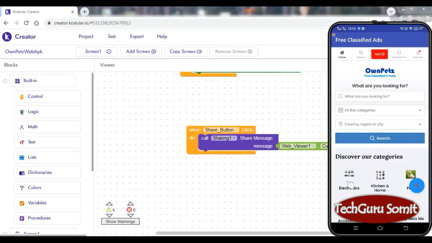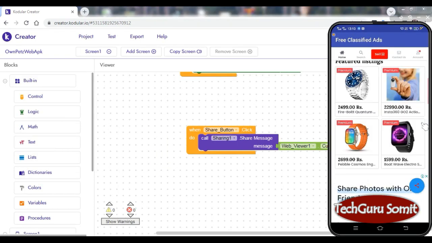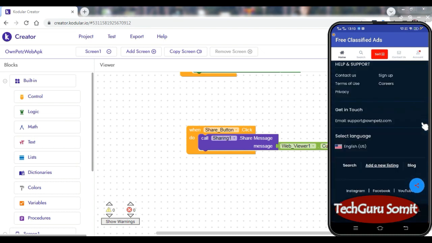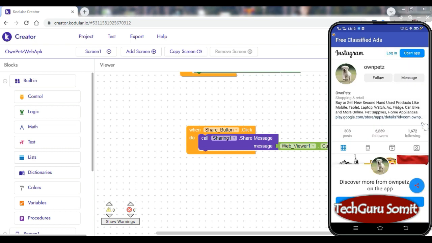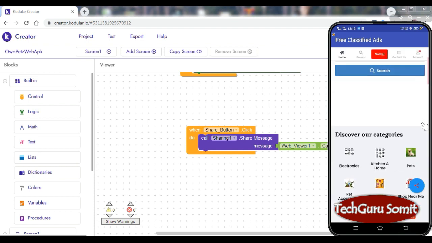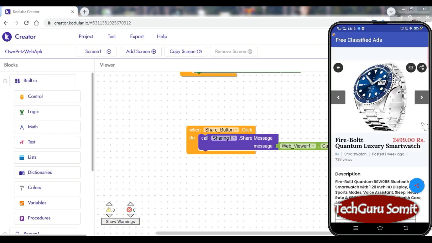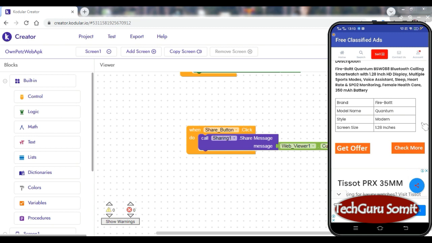Okay, now one more thing we have to do. When you click on some other link, if you are using affiliate marketing or a deep link in your website, that will open in your app. See, I'm clicking on Instagram, so this opens in my app, not in the Instagram app. So we will do some configuration to change this. Just clicking on something here, and now you can see if I click on my affiliate link, get offer,